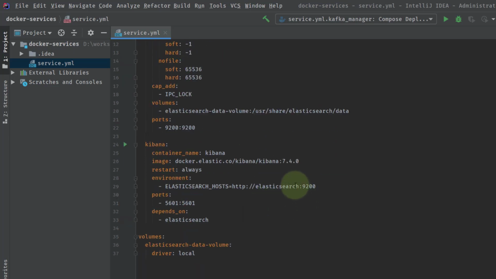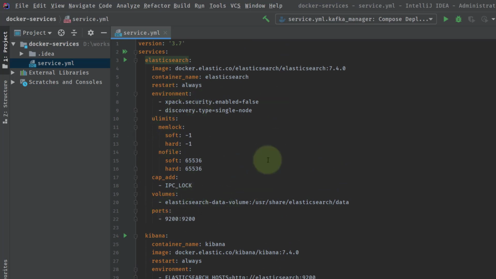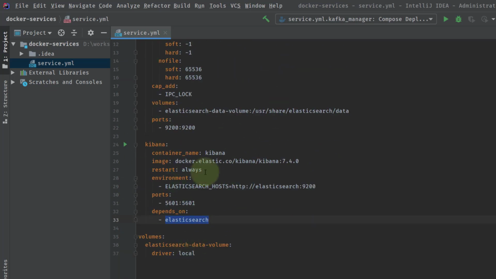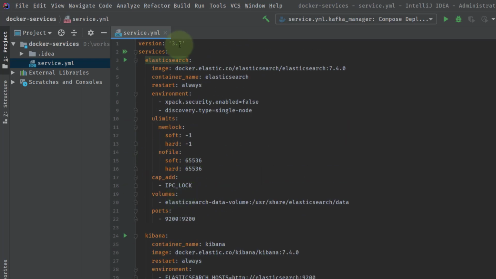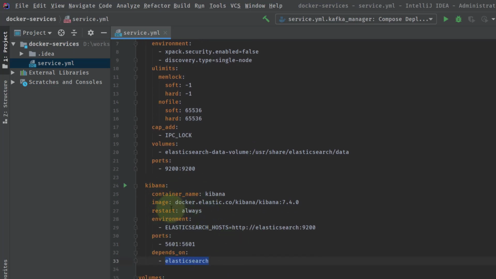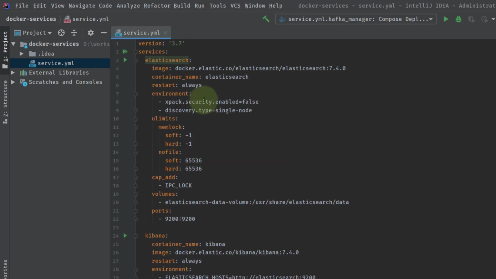So we have given it as Elasticsearch, and the port on which we are connecting is 9200, which is present here. We are exposing this Kibana application on port 5601. So inside the container it is 5601, and outside on the host it is also 5601. And this particular container depends on Elasticsearch, which means until the Elasticsearch container has started, it will not start. Because suppose Kibana is started but Elasticsearch is not started, then from where will Kibana show the data? Kibana is basically a component of the ELK stack, used only as a graphical user interface for querying the data on Elasticsearch.